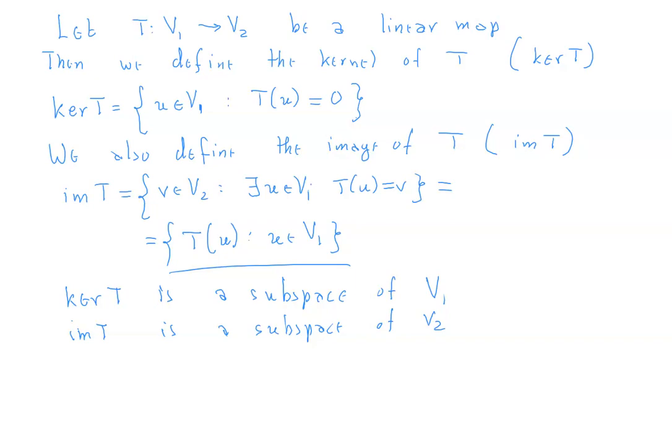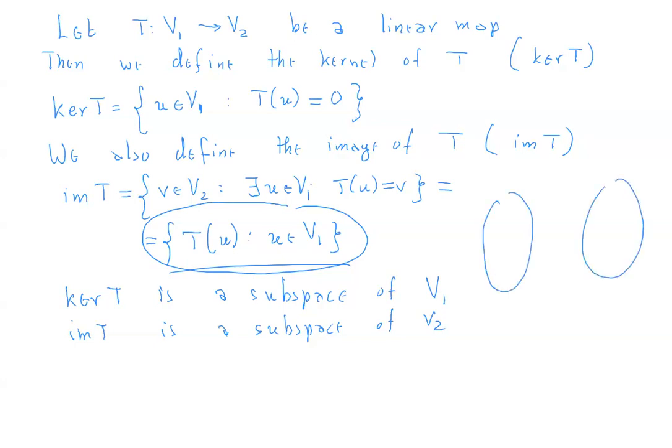Can you explain what the image T says? The simplest of the two descriptions is this one, which really tells you that they're the images of all vectors, meaning the outputs of this function. So the image consists of the outputs of this function. So if I work with Venn diagrams, remember in high school you used to see the Venn diagrams, then the kernel would be